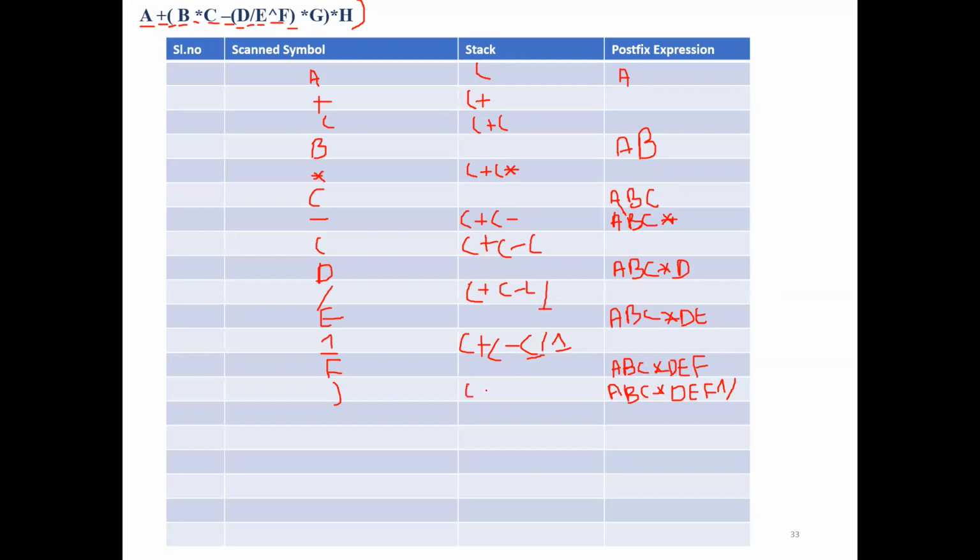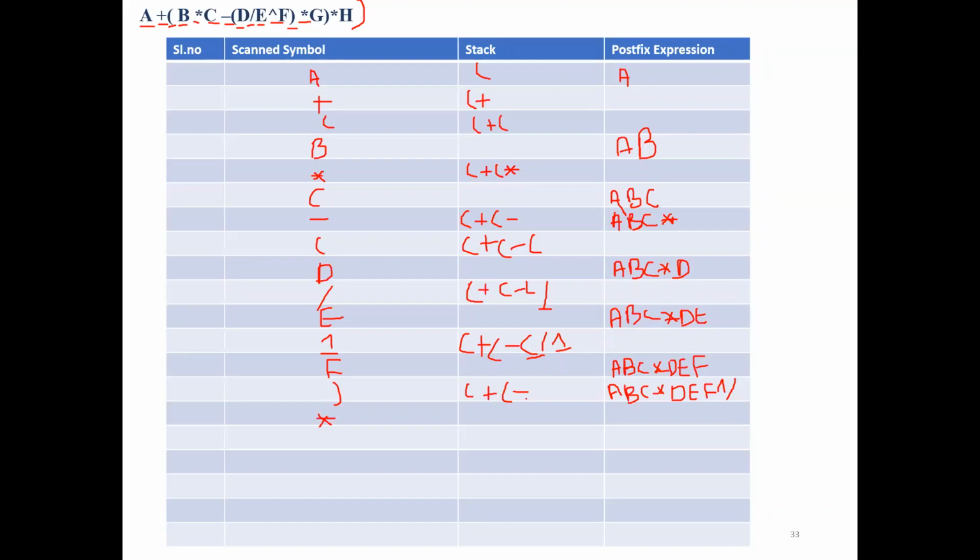So what all things will be there in the stack now? One left parenthesis, one addition symbol, one subtraction operator. That's it. So these three got removed. Two operators we printed over here. Left parenthesis we just popped out. Understood? Now comes the next operator, which is our multiplication symbol, right?